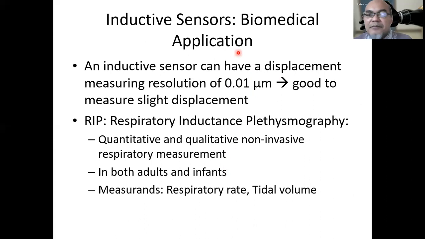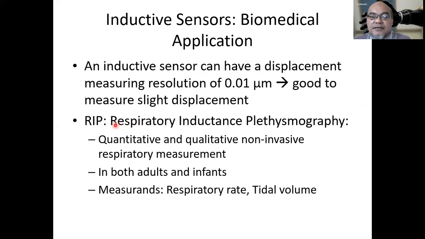Okay, now in what biomedical applications can we use an inductive sensor? An inductive sensor can have a displacement measuring resolution of 0.01 micrometer, which is good to measure slight displacement. So 0.01 micrometers is about 10 nanometers. And it has been used, for example, to measure